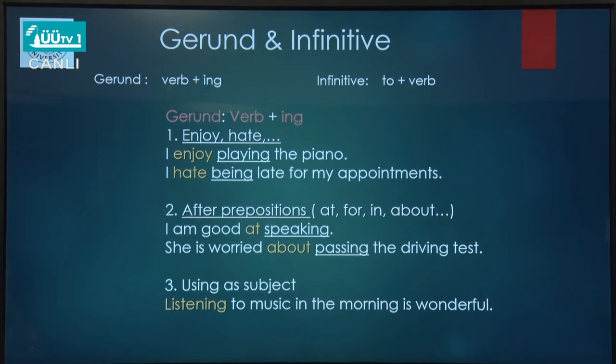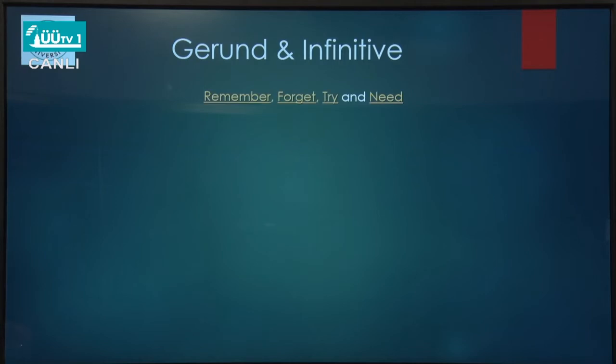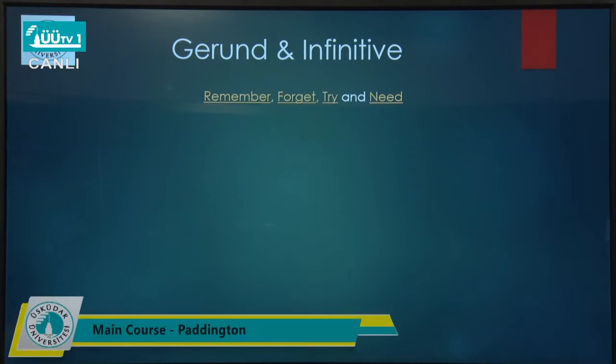As you know, in English there are a lot of exceptions. So we have exceptions in gerund and infinitive as well. How can that exception be? Well, sometimes it happens that after some verbs, we can have both the gerund form of the verb or the infinitive. So how? The main and the only reason will be the meaning that we get from the sentence. The most common ones are remember, forget, try, and need. And we take a look step by step.